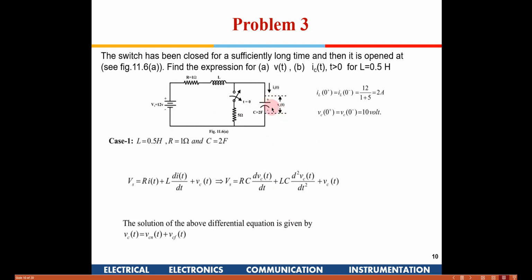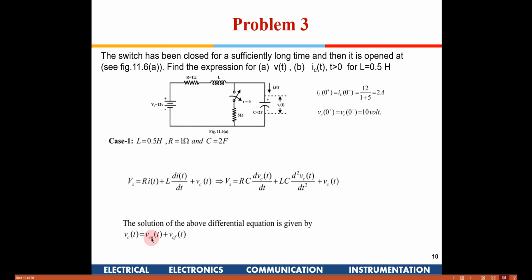Now once the switch is thrown open, what is the condition? So it is again an RLC circuit, but there is a voltage also in series with this. So the voltage across the capacitor now, we can write it as VC(n)t, which is